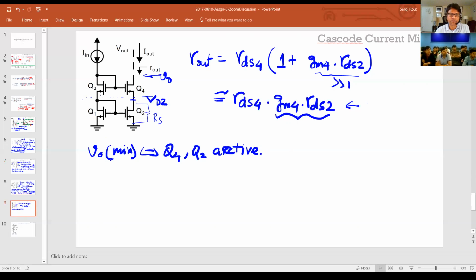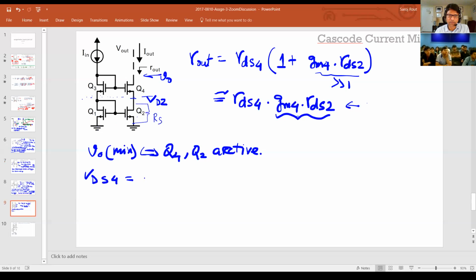It's the drain voltage of Q2. Let's say VD2 is such that it makes Q2 active. Now the question is, how do I make Q2 and Q4 both active? Let's assume Q2 is active because VD2 is enough for it to be active, and it actually is, and I'll show you why. So in order to keep Q4 active,